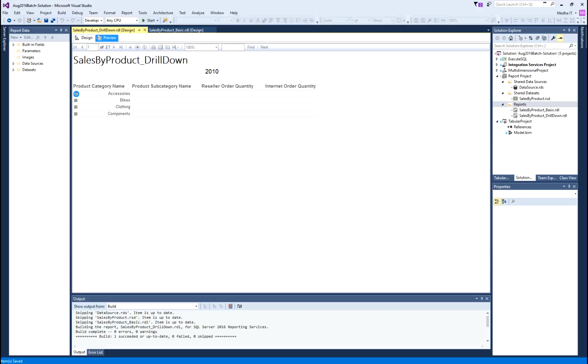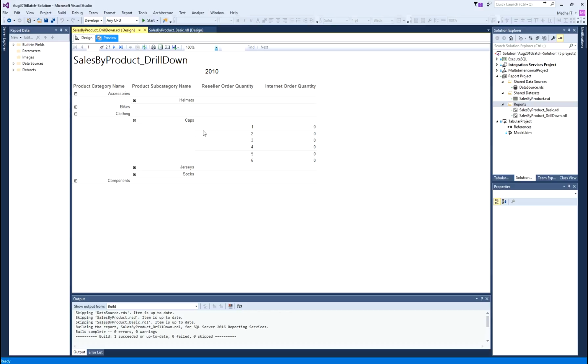So I click on this, it opens up the subcategory, and then I click on this, it opens the actual details. So instead of showing all the data in a flat format, we can use drill down option so that users can see the detailed data only when they want to, because here it is just 5 columns, 5 rows it is showing. But imagine we added a product information into the report.